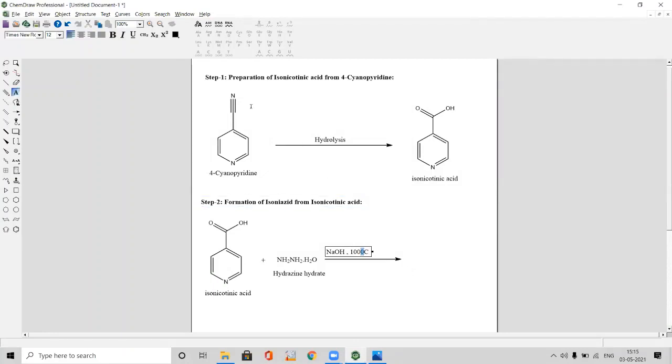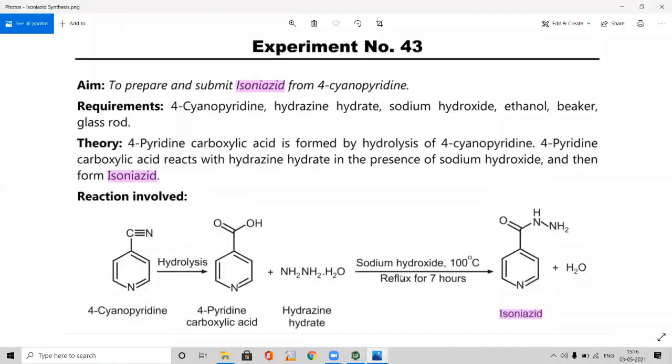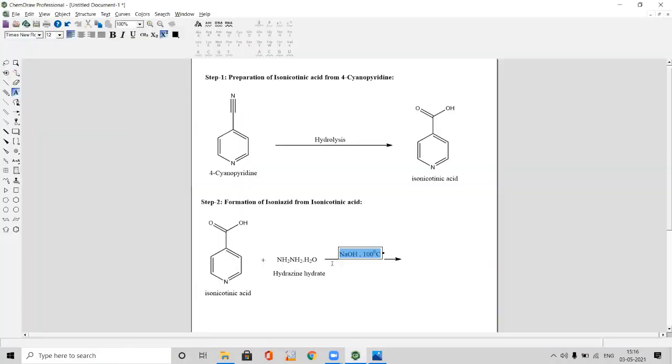Now for degrees centigrade, we also need to make this O a superscript. Now let me move towards the center of the reaction arrow. At the bottom, we need to mention reflux for 7 hours. So these are the reaction conditions for this reaction.